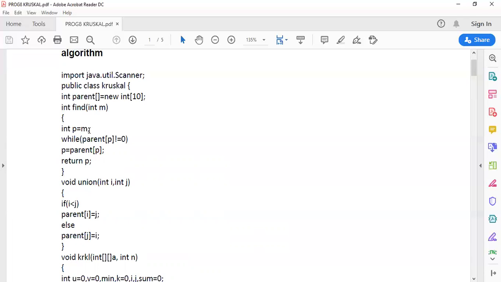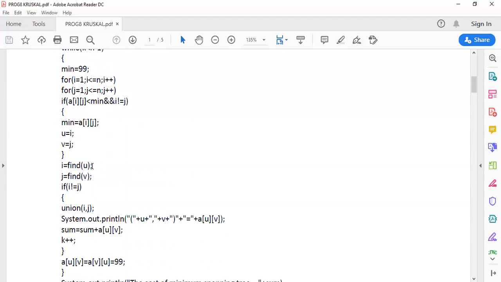So the parent of vertex 1 is 0. So 0 not equal to 0, the condition is false. So this statement is not executed and it just returns P. What is P? It is nothing but 1 only. So that value comes here and gets stored in I.